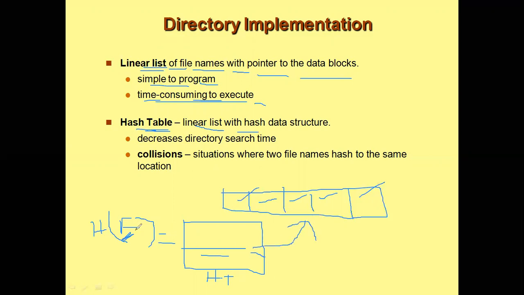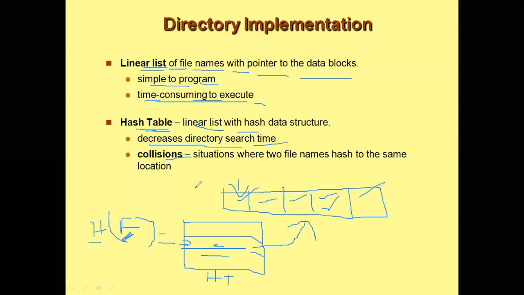For example, we have a file by name f, we perform a hash function on this file, it will result in a value, right? And we go to that particular entry. This entry will have a pointer to a particular entry in the linear list. So searching becomes even easier. You don't have to start right from the beginning. Using a hash function, you can go to the appropriate block and then search for that particular file. So it gives us an easy search. We don't have to waste time searching for the file in the directory. So it decreases the search time.